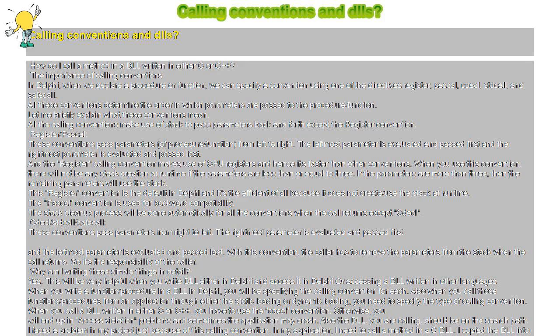Also, when you call those functions/procedures from an application through either static loading or dynamic loading, you need to specify the type of calling convention. When you call a DLL written in either C or C++,